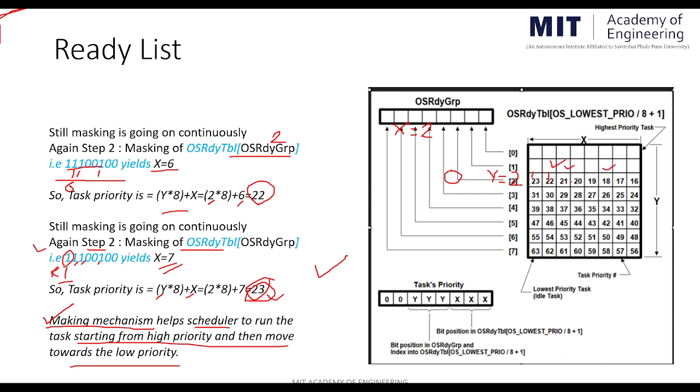We have seen here the first value is 18, which is higher than 21. Again 21 is higher than 22, and 22 is higher than 23. So the scheduler is obviously starting from the high priority and moving towards the low priority. This masking operation and this algorithm is continuously run at the back end when multitasking is handled by the kernel, to take decisions on which priority task is ready to run.